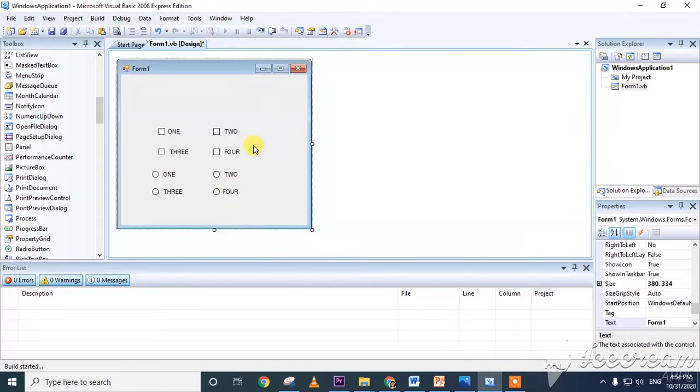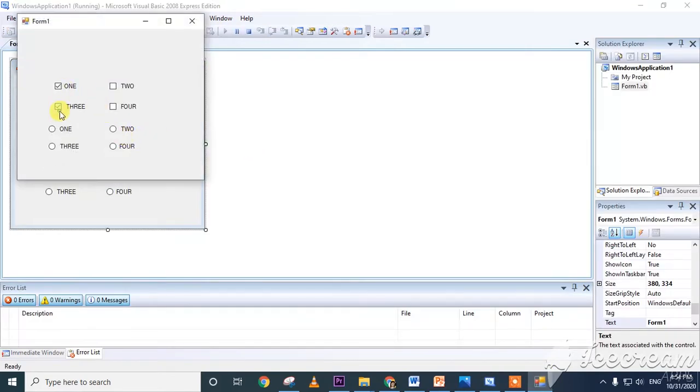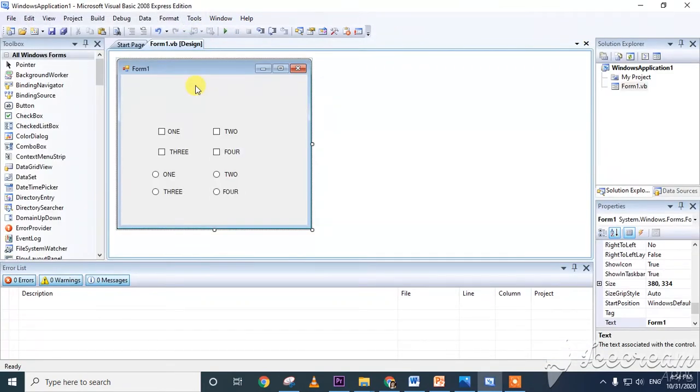See, when I run this program, checkbox is used to check all the items, whereas with radio buttons we can select only one option. Among those we can select only one option. In this way we use radio buttons.